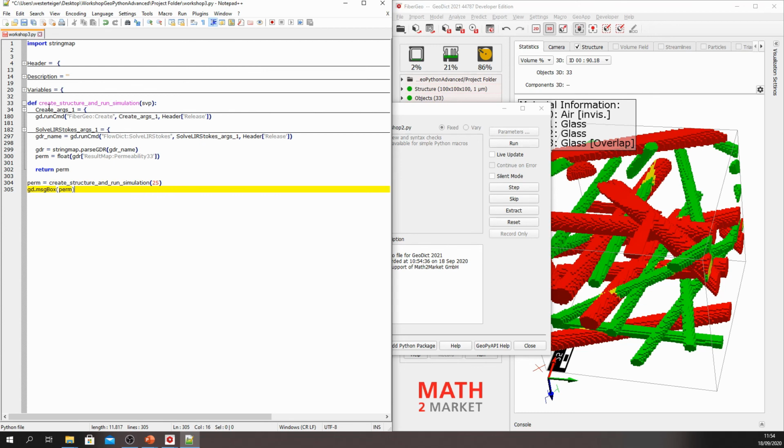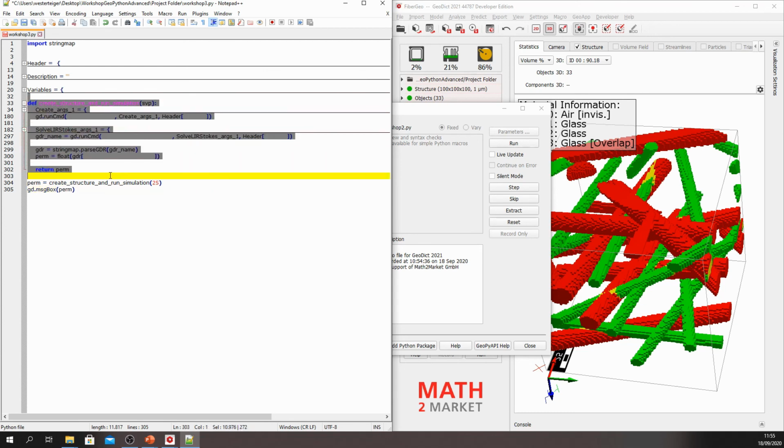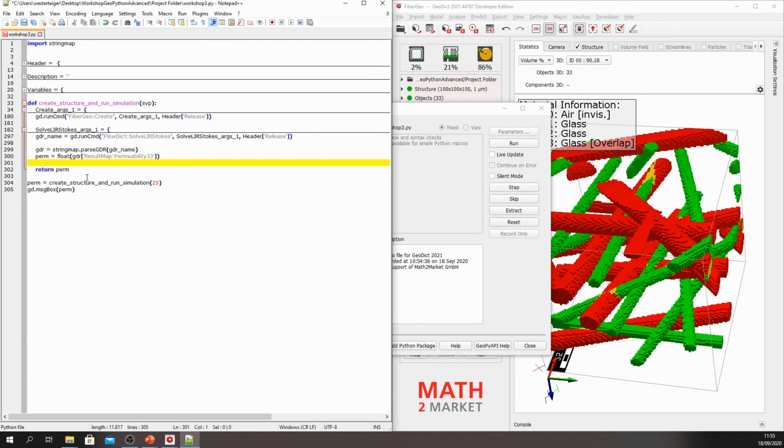So when this macro is executed, first the function definition runs, which does nothing but define the function, and then the actual code to be executed is down here. And again, what this code does is it calls that function with a fixed SVP value of 25%. The function will compute the permeability and return it. So this part of the expression is going to be the permeability, and this is assigned to a variable called perm. And then this perm variable is displayed. Note that this perm variable is not the same as this perm variable inside the function.